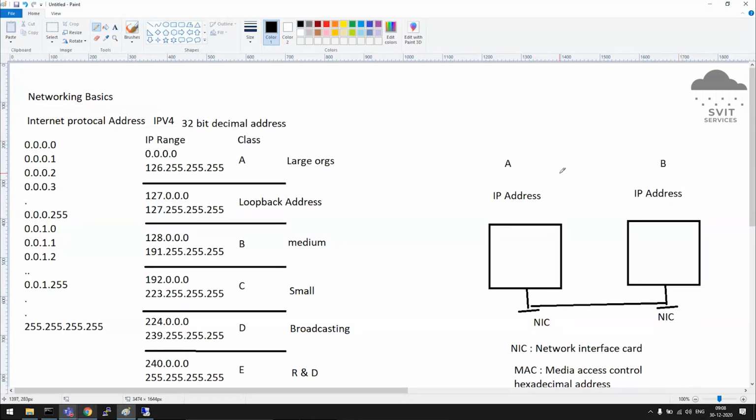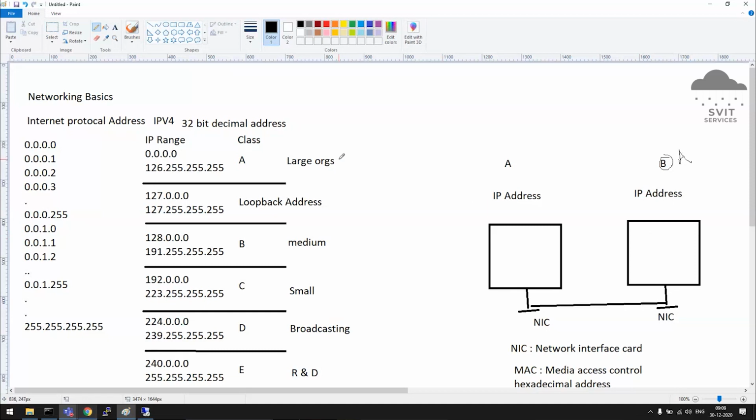They will not communicate together because they belong to different networks. The NIC card will feel that it's a different network, even though they are connected together in the same network. This adapter will feel it's a different network. They will not communicate. Understood? Okay. Here also it should be the same class. Then they will communicate.